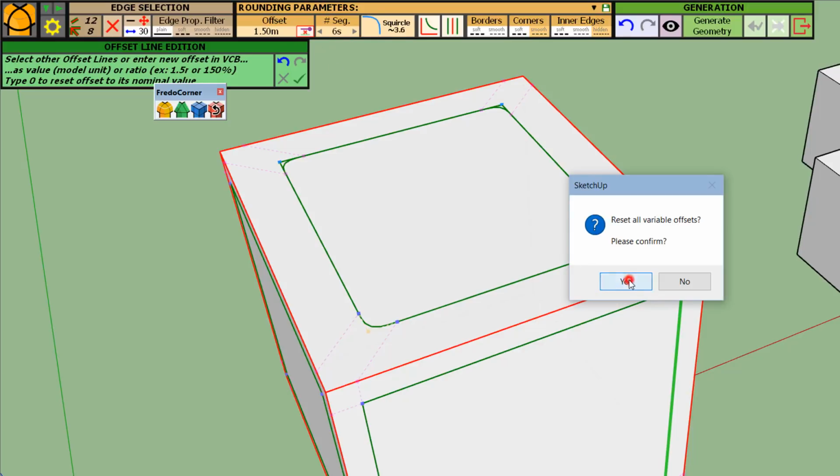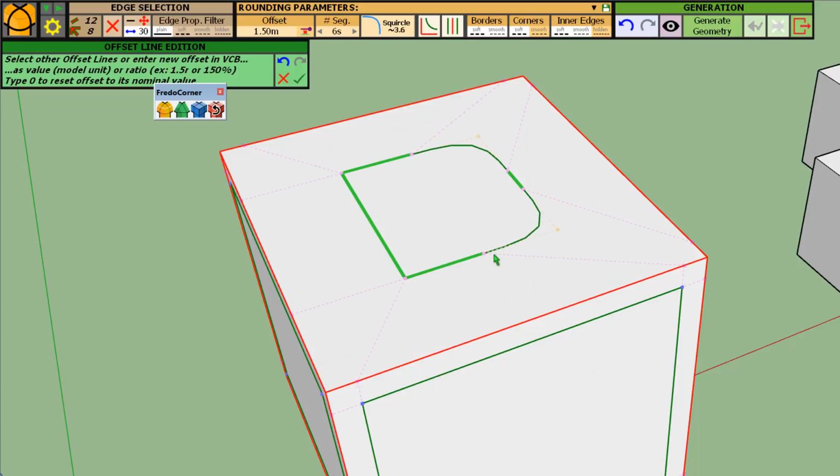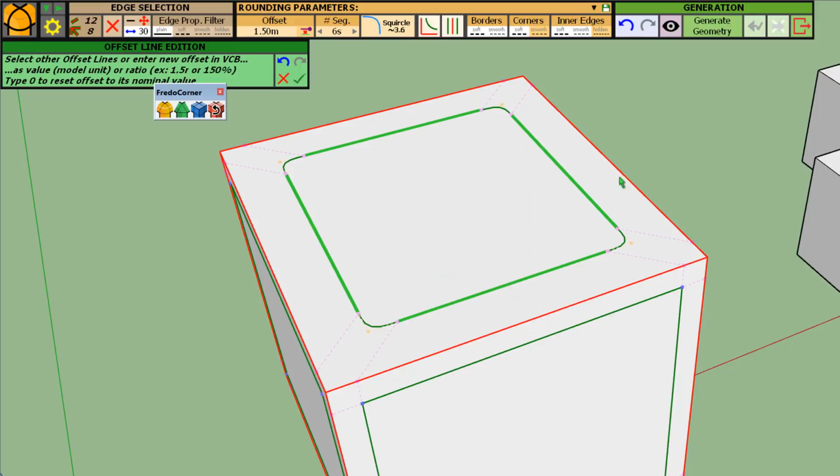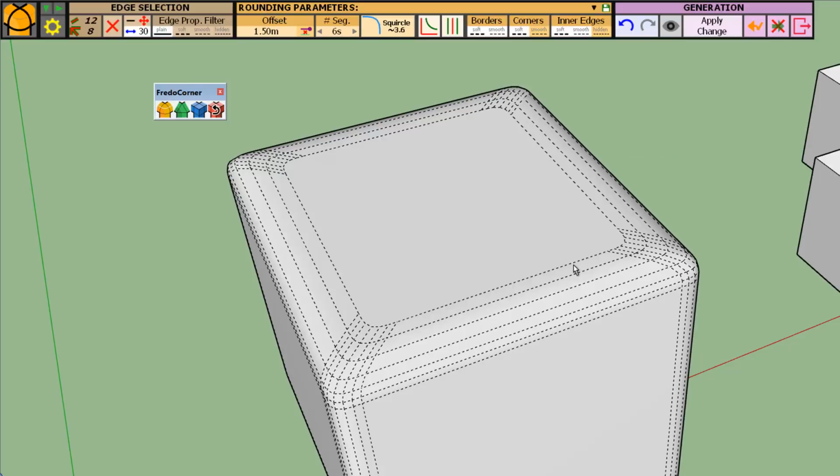You need to confirm and then you go back to the natural cube. Okay, so here you select a number of offset lines. I don't want this one. You type a factor. Okay, maybe 4 is too much. Let's type 2. And you exit this mode and you generate your geometry.